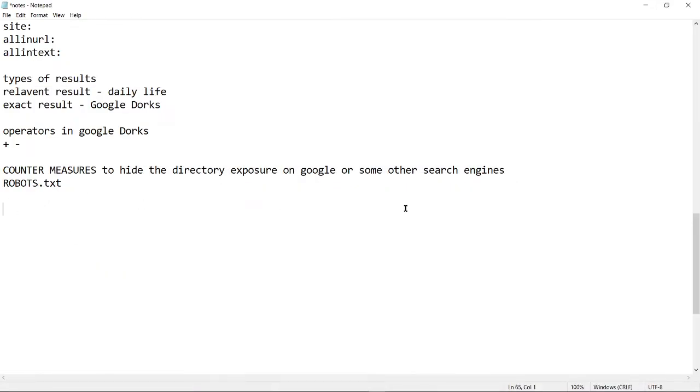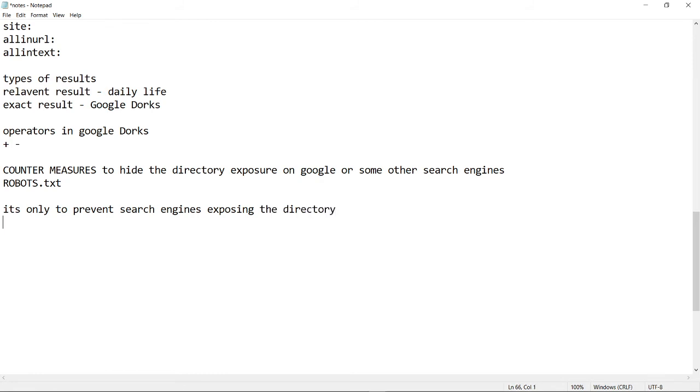Now you have to listen clearly: this robots.txt file is only to prevent search engines from exposing the directory.